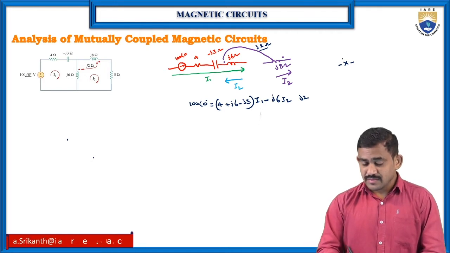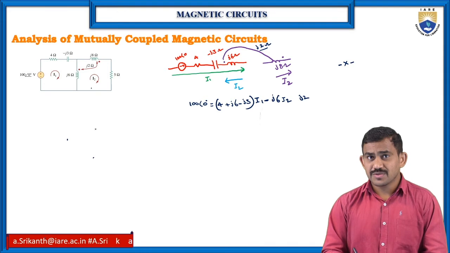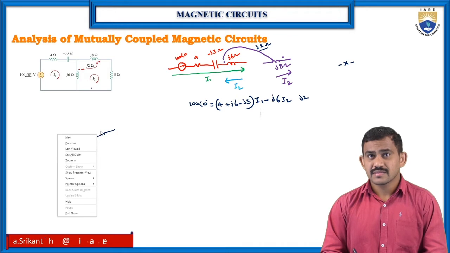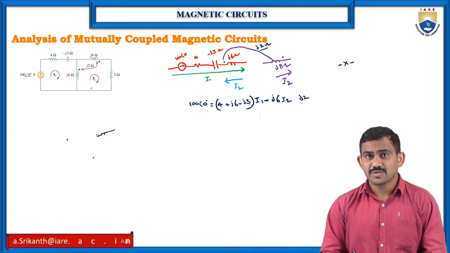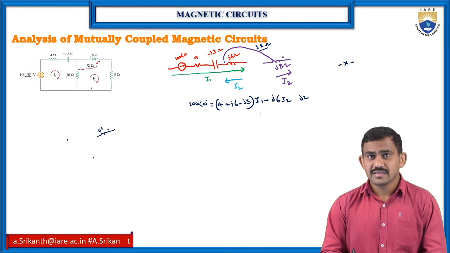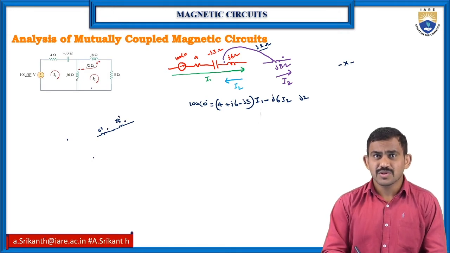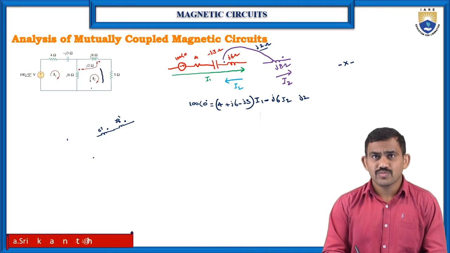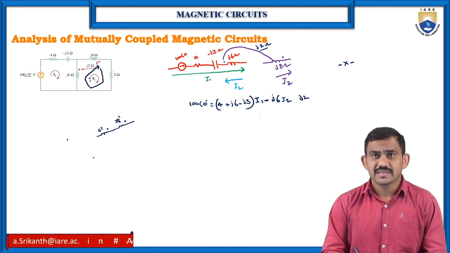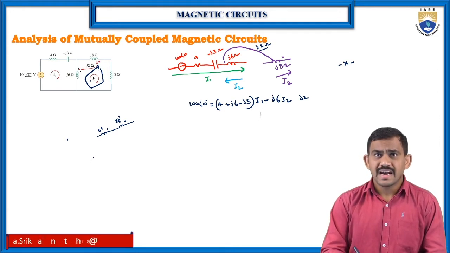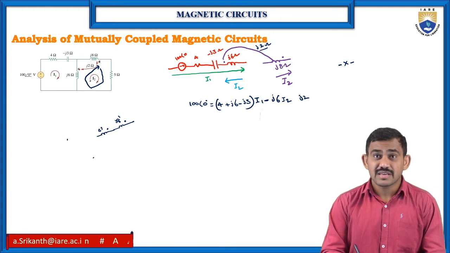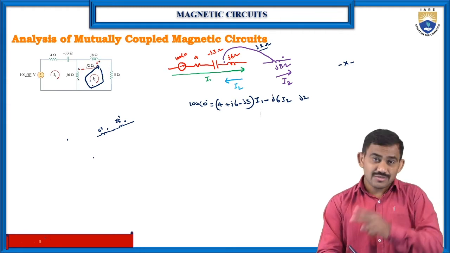But for loop 2, just observe, 6J has its dot here, at its starting position, and this is 8J. That's a dot also. Just observe here. So this is my loop, and this is the direction. So for 6J it's an N position, and for 8J also N position, combined with I2. So I need to write the I2 current value.